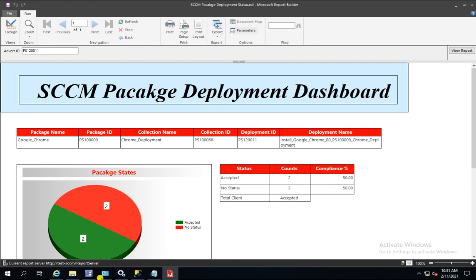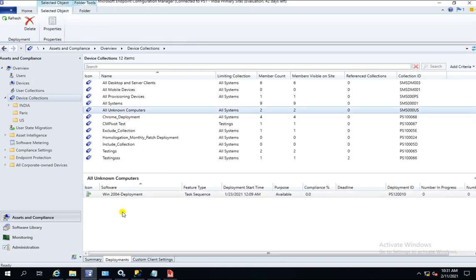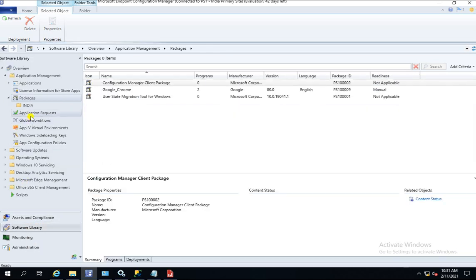Okay, so let me show you something here. Here is a collection I created, a Google Chrome deployment. Sorry, I created a deployment for Chrome, and I deployed a package, which is Google Chrome. I can show you the package.